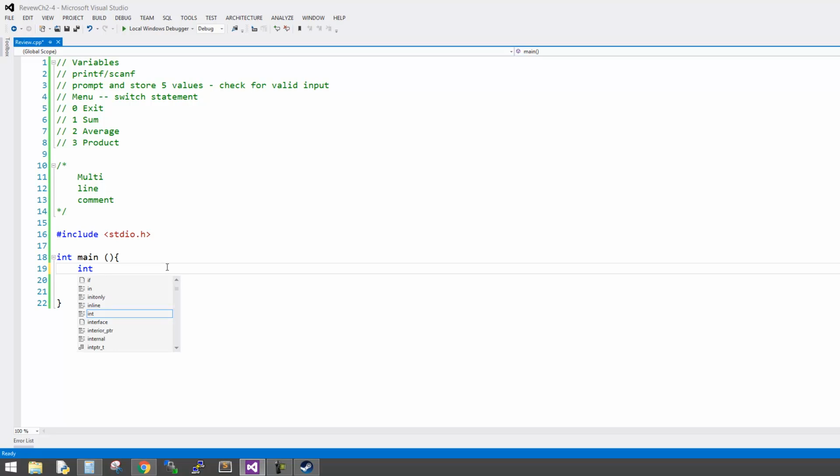So first off, I'd like to create a hard-coded variable called number of inputs, and I just made it capitalized just to show that you can use underscores. Variable name should always start with a letter or an underscore, never a number or a special character. No special characters allowed in the variable name itself, but numbers are allowed as long as they're not at the very beginning of the name. So since I say 5 values, I'm just going to put 5 there,